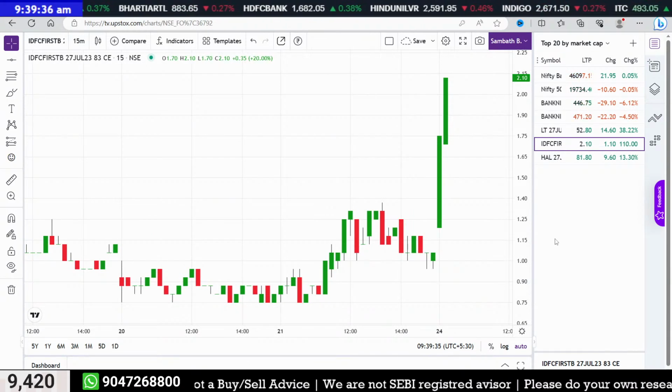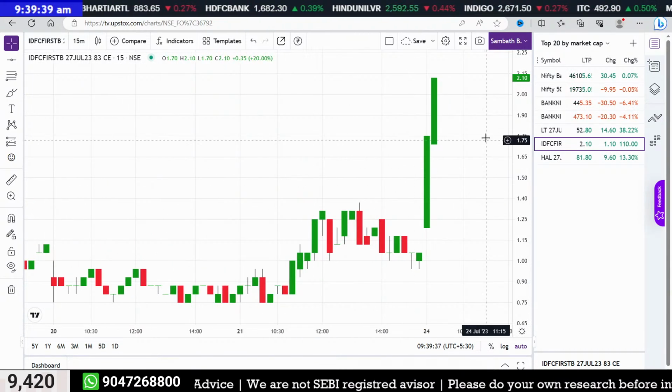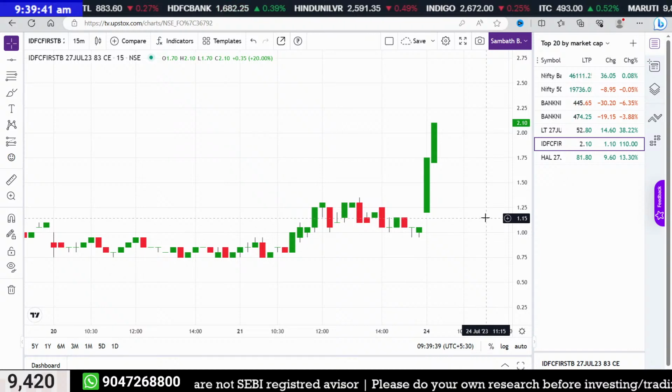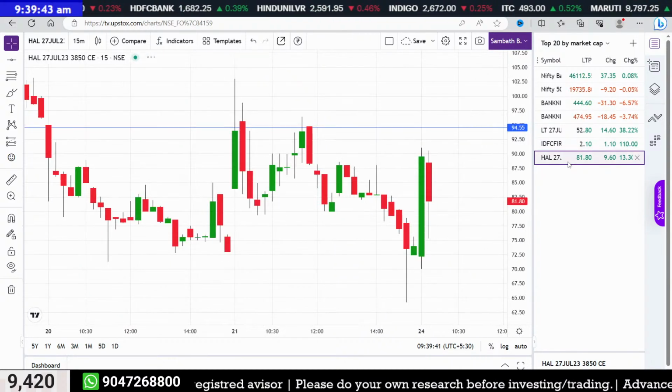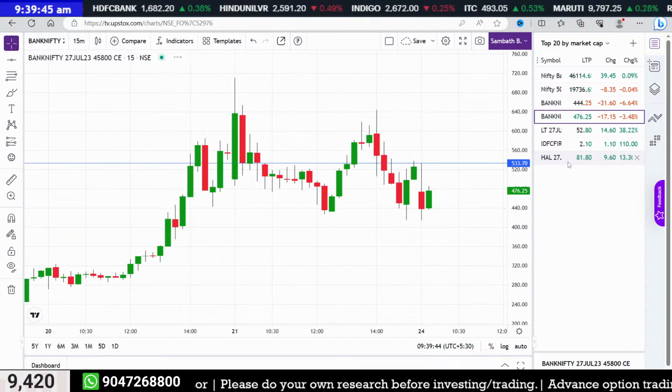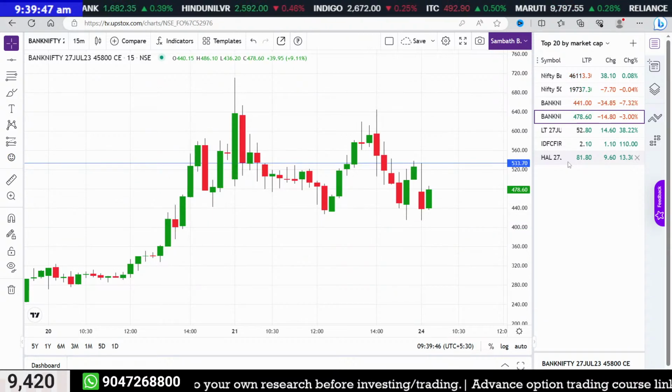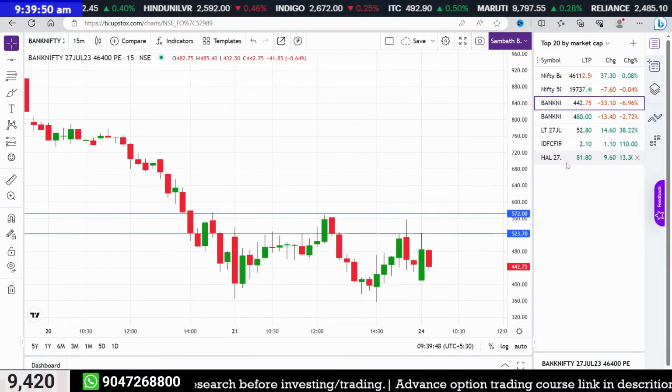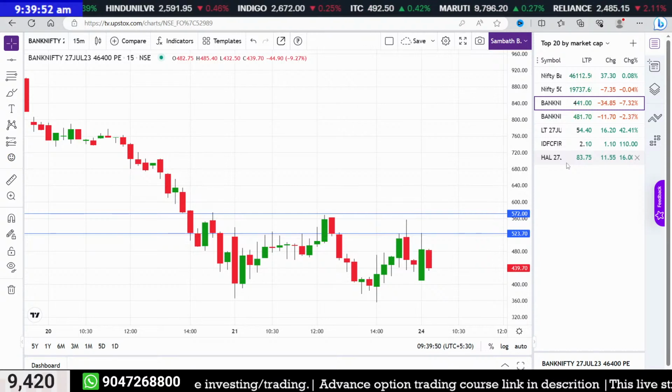Two, 2.1. Okay, good. And HAL 94 above, so not broken. And these two strike prices which we are looking for, 530, 500. So until and unless the market moves in any direction,